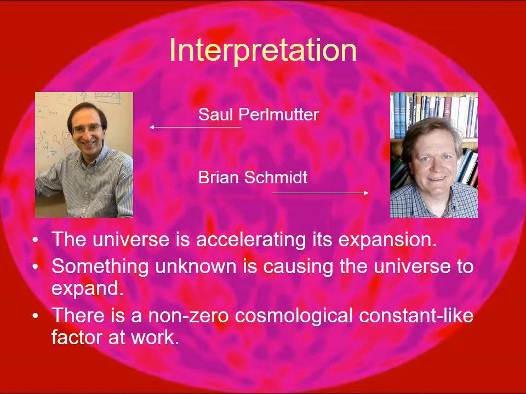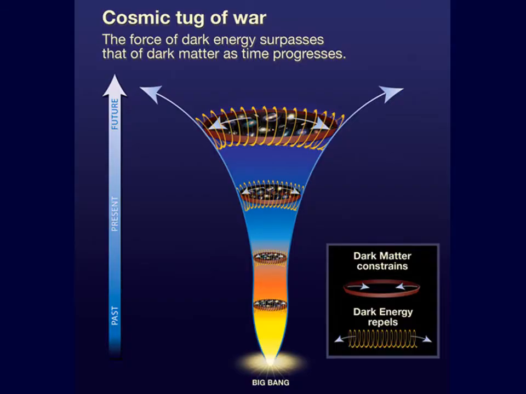So that means a non-zero cosmological constant. So that means the universe keeps expanding and will keep expanding forever, just going faster and faster and faster, not slowing down like they thought. They just thought it wouldn't slow down enough. Now they realize it's going to speed up forever and ever until eventually it kind of rips itself apart. So now instead of having a big crunch, they talk about something called the big rip.